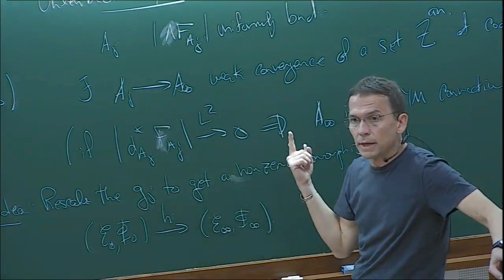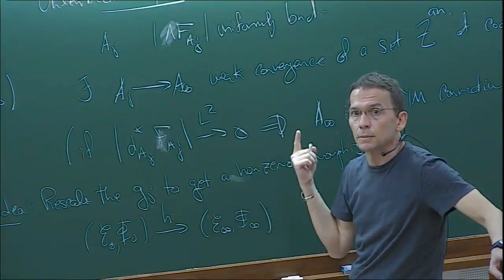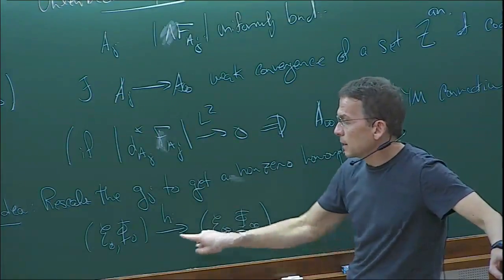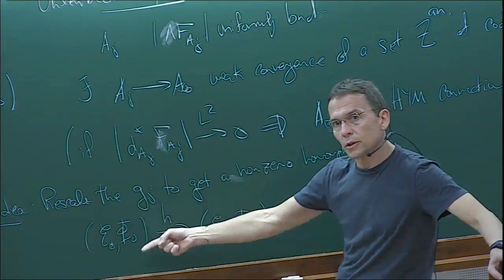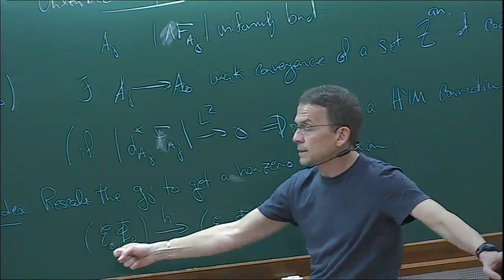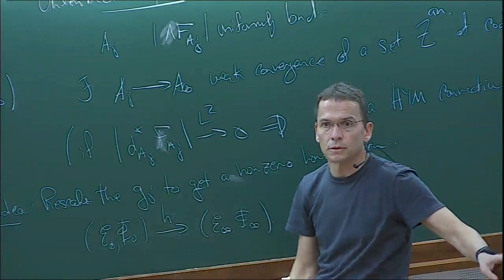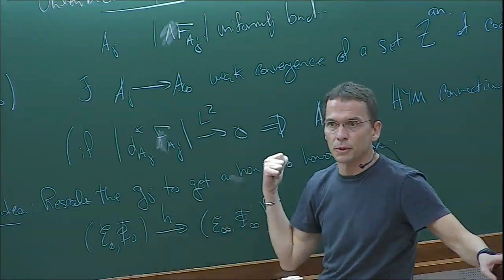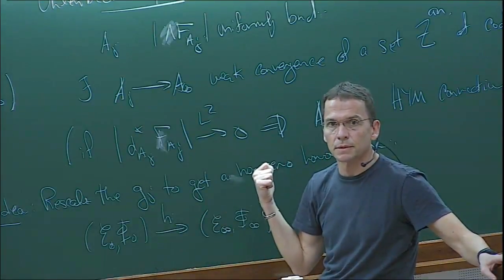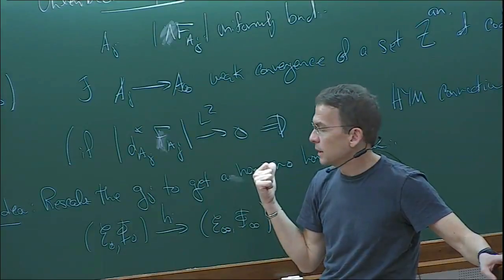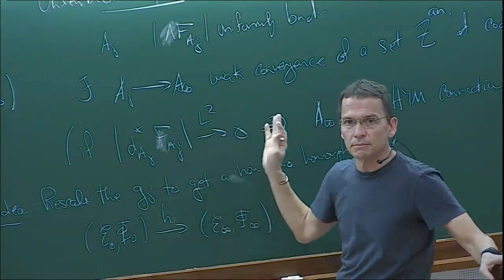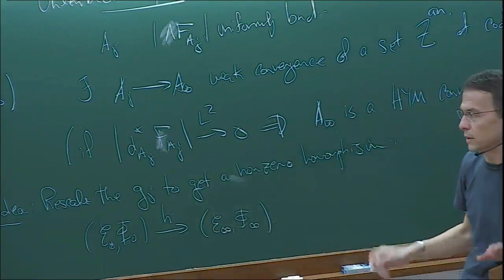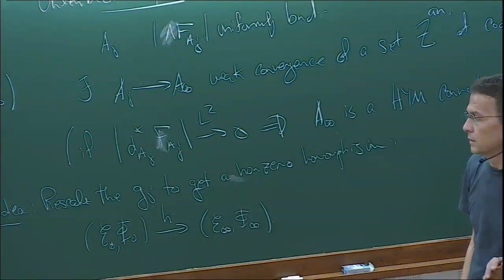Now the point is that it might not be an isomorphism anymore, but if it's not an isomorphism, we can look at the kernel and hope that that kernel would destabilize this bundle, and that would be a contradiction. So you can see it's very similar to the kind of argument we used in Simpson's proof. There are tons of details here that I'm leaving out, but that's the very rough idea of the proof.